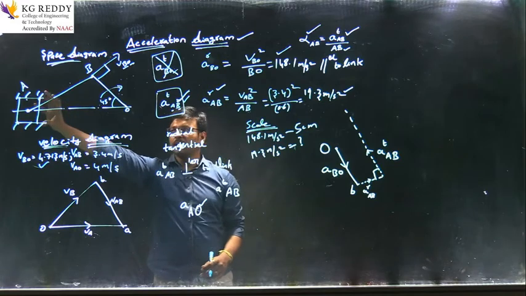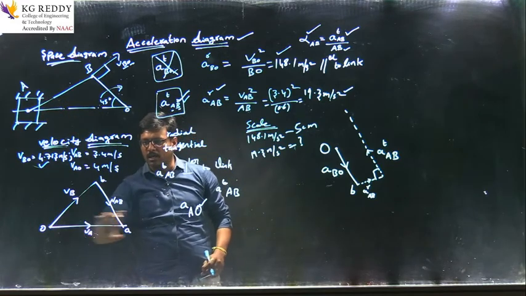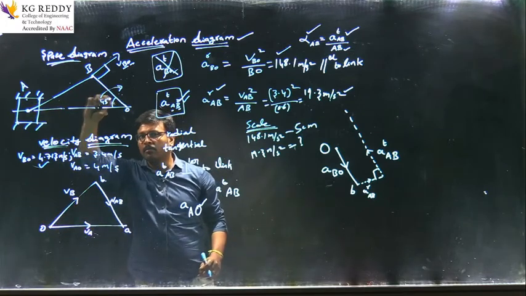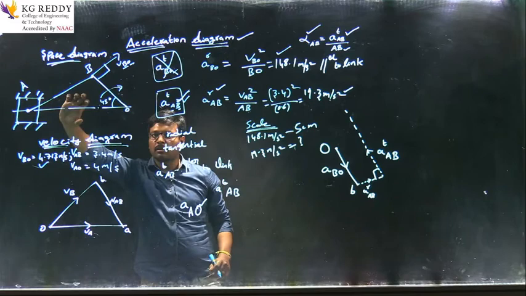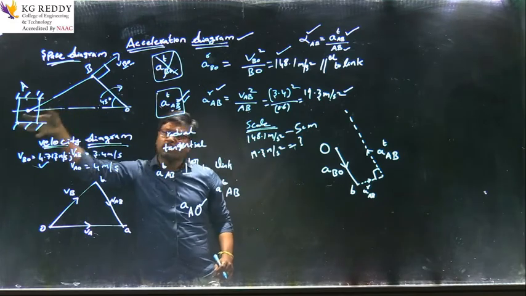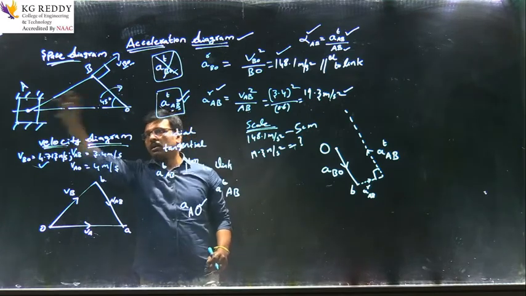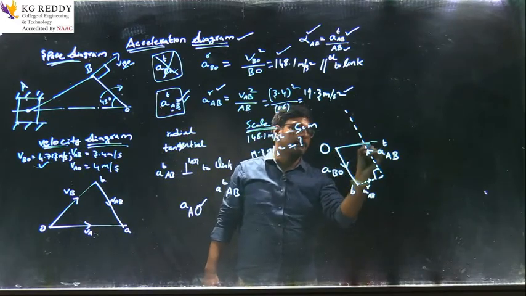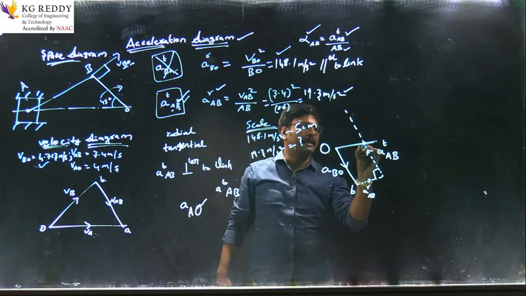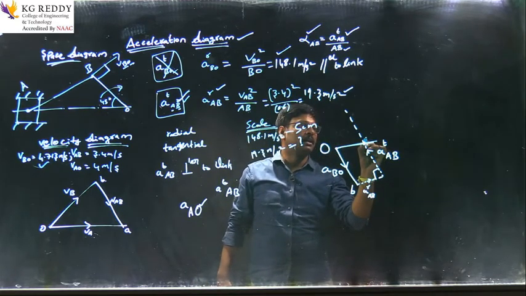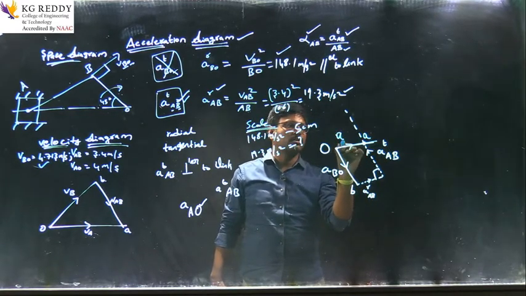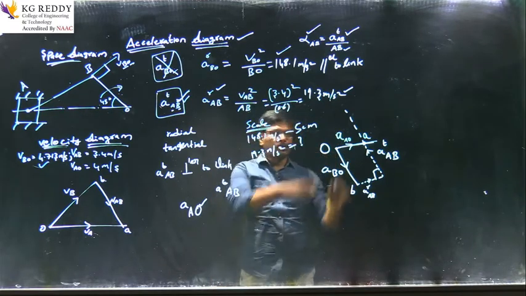If you see in the velocity diagram also, we are taking the velocity of A in a horizontal direction, because it is moving forward and backward. There is no direction upward, downwards or inclination. It's just moving horizontally. So we have to take it just on a horizontal. This is the point of intersection, we call it A. So this is the acceleration of A with respect to O, or simply call it acceleration of A. So this is a A.